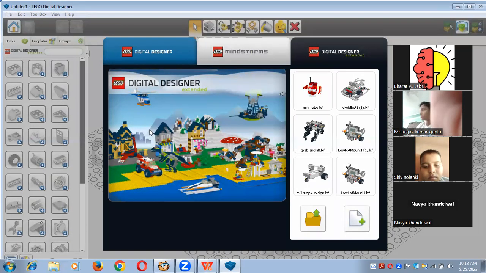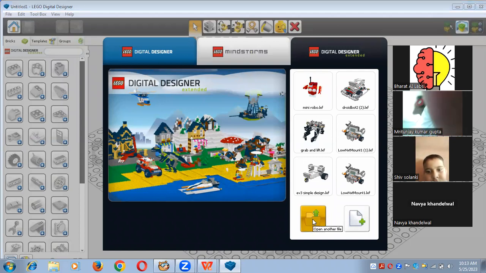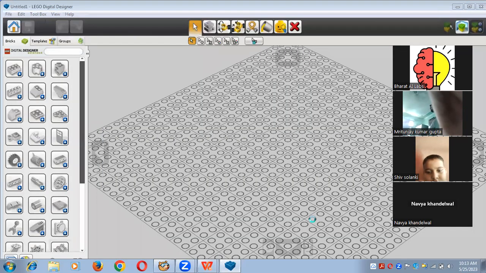Firstly, we will learn how we can execute, how we can explore, how we can do the task on this platform. So here is the option, students, where you can get your own files. Whatever you have made, you will receive here in your recent files. Okay, and here is the option to open another file. If you want to open any other file by the help of its name, you can go with this, just click on that, and you can directly jump onto the